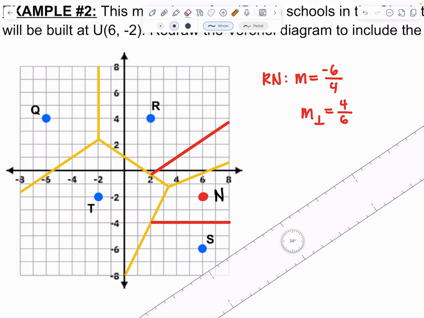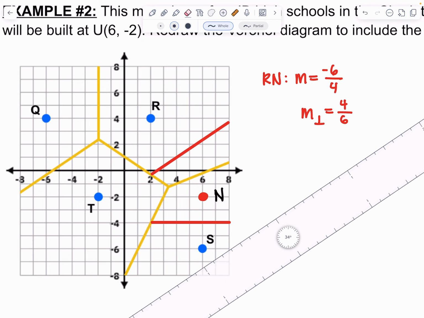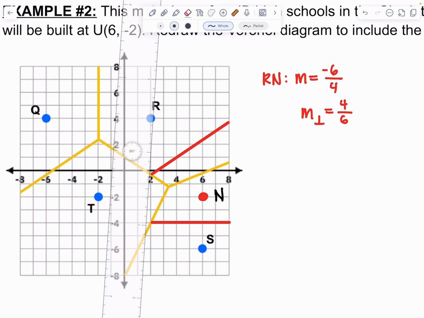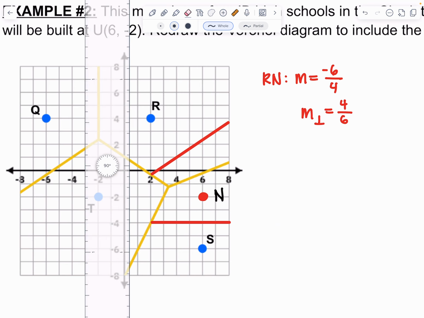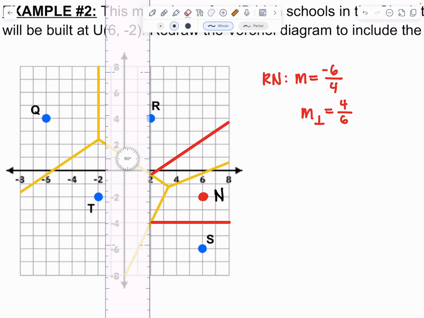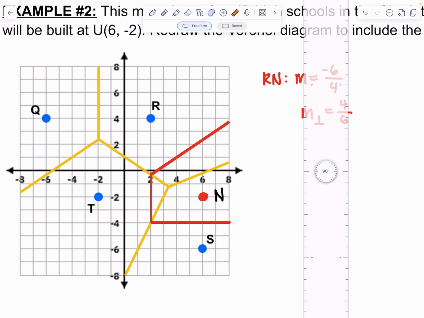So now that I have RN, now I need to find the bisector between T and N. So to get from T to N is straight across, we went 8, so you have to go with 4. All right. So here is where